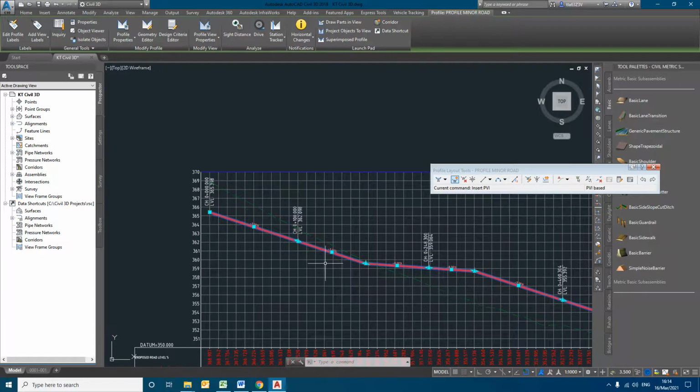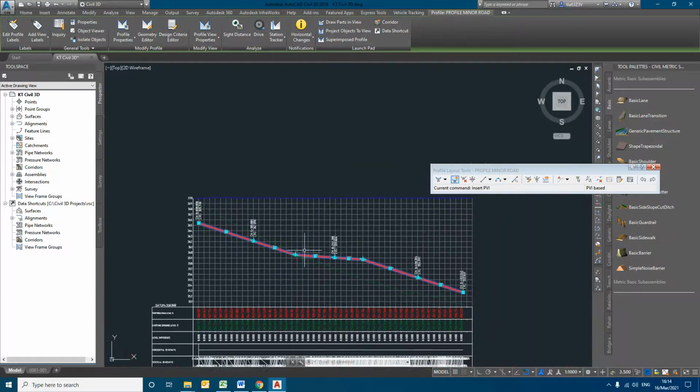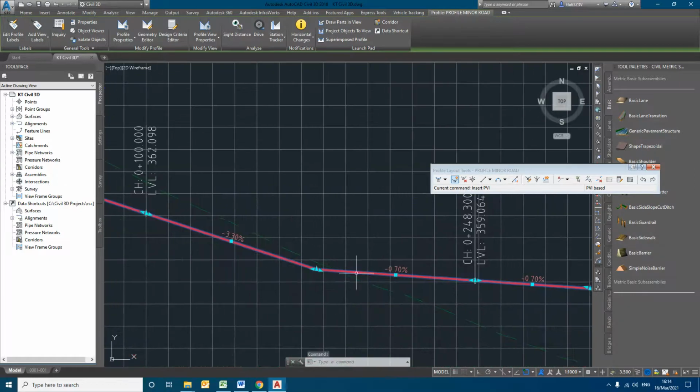Once you have provided the grades, the second thing is that we have to provide the curves.